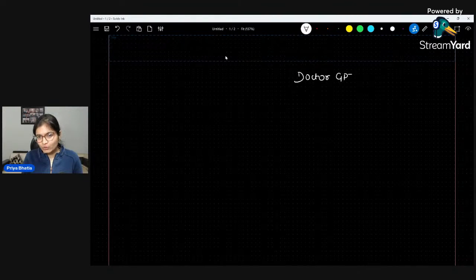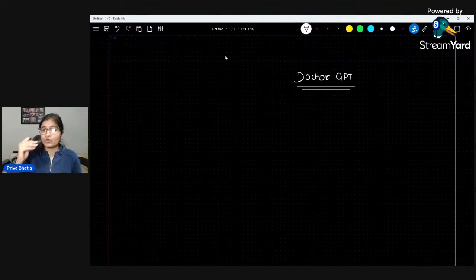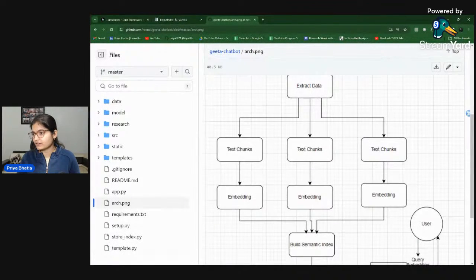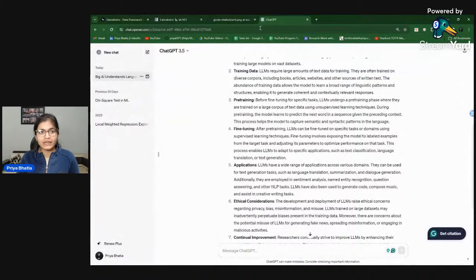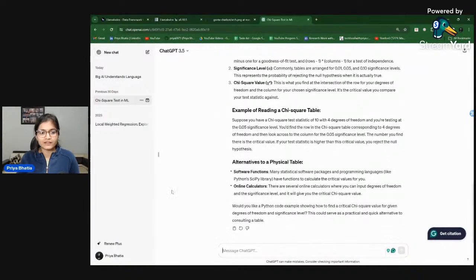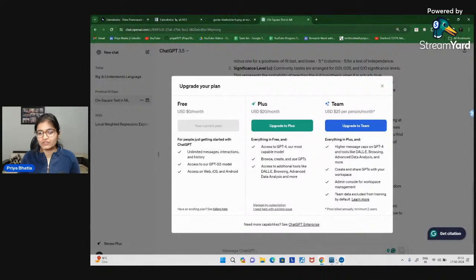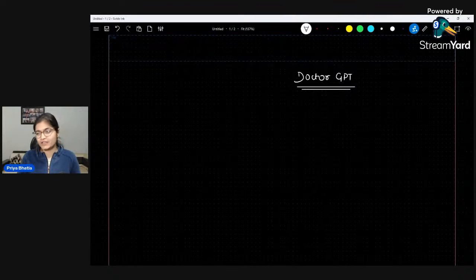If you have the ChatGPT Plus option, you will see the Explore GPTs option. Yesterday my subscription expired, otherwise I would show you. In the normal ChatGPT, we don't have this kind of option. But in the upgrade part, you can explore ChatGPT and create your own GPTs on top of that.